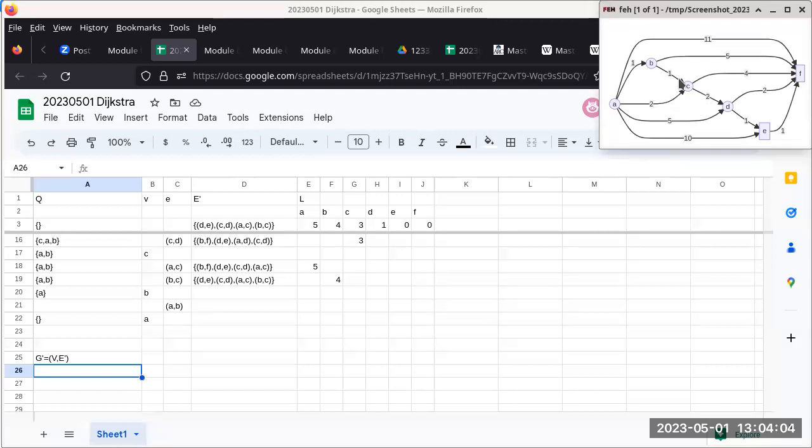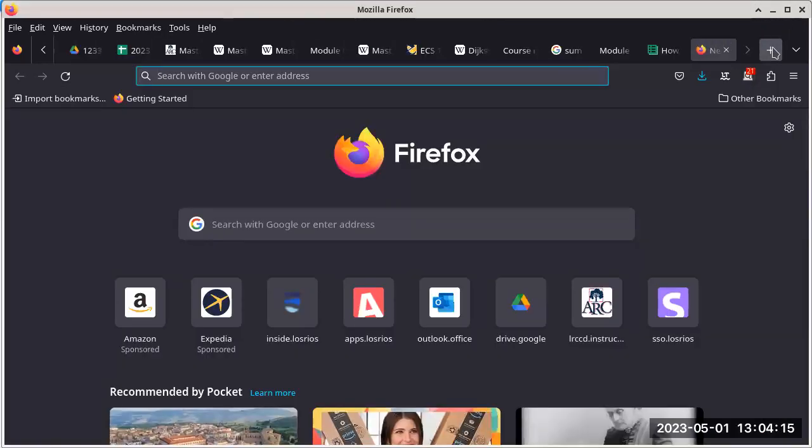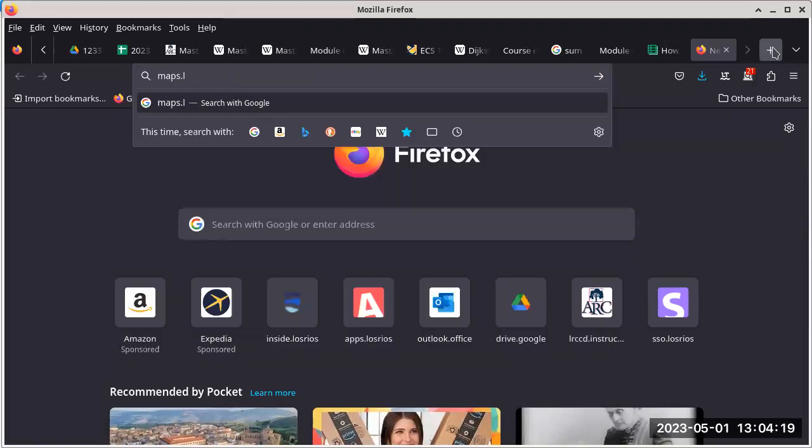So in order to explain that, I don't think we need this diagram anymore. Can I take it out? Okay. So in order to understand why we need the A-star algorithm, let's look at the map of,